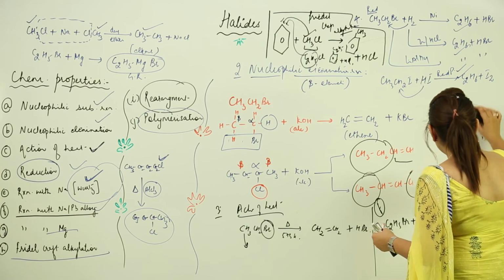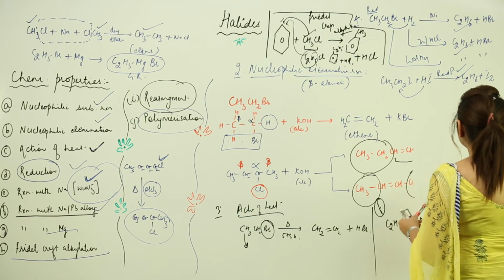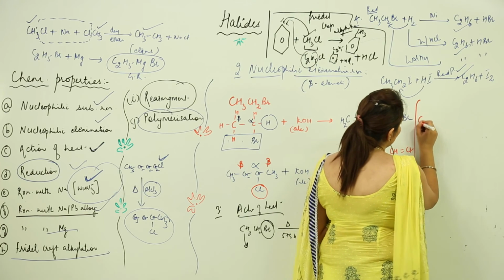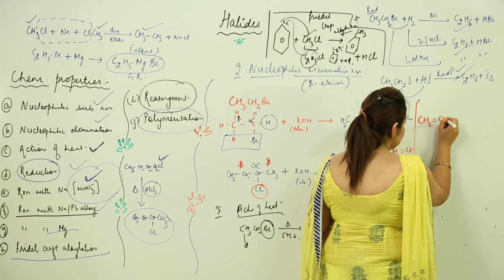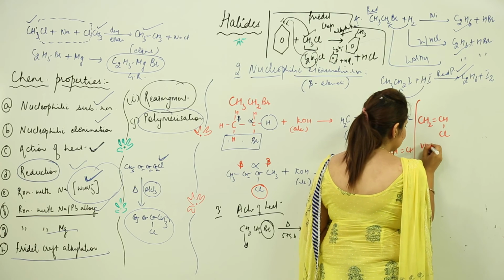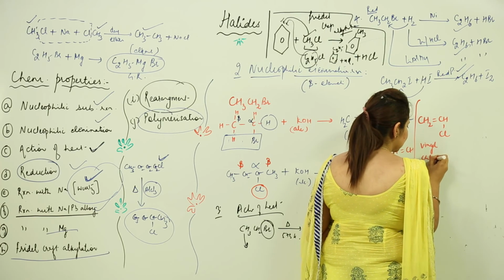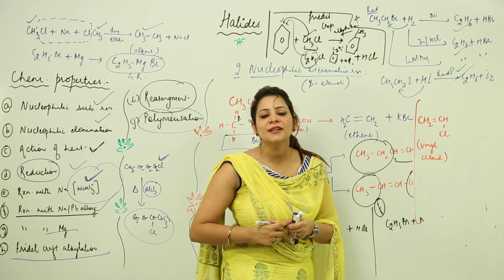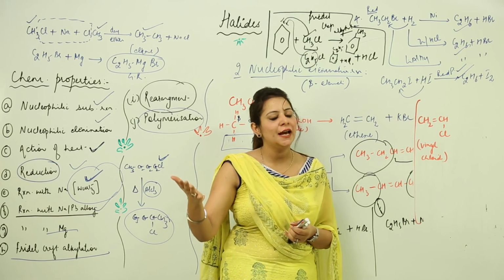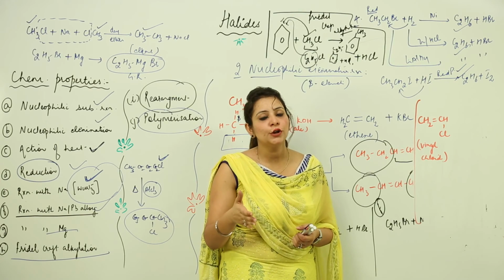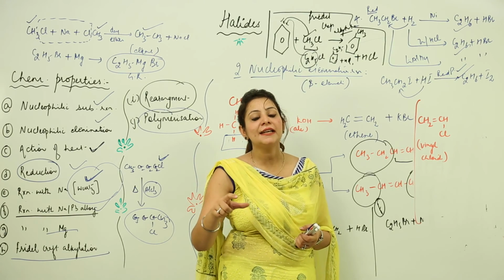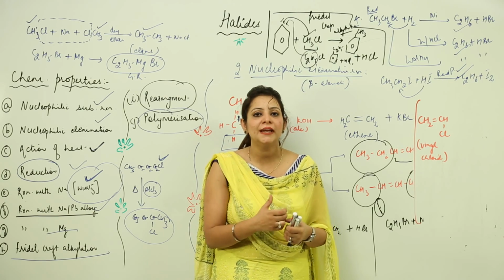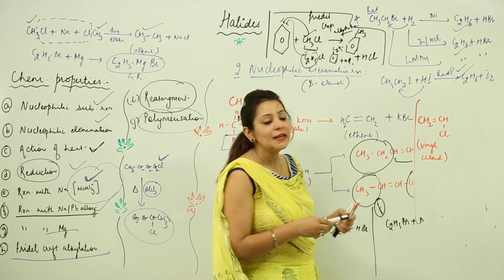So what is that? If I want to make PVC, I have to start with this thing, and this is what is called vinyl chloride. As I already told you when we started the chapter, we have halides based on sp3 hybridization and sp2. There I told you that whenever the halogen is directly attached to a carbon which is a part of an unsaturated system, we call that haloalkane vinyl chloride. So this is vinyl chloride.